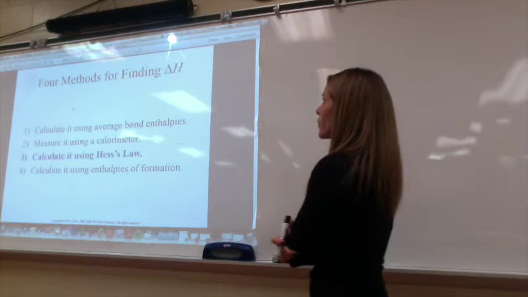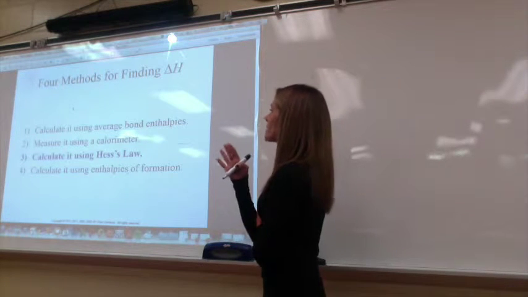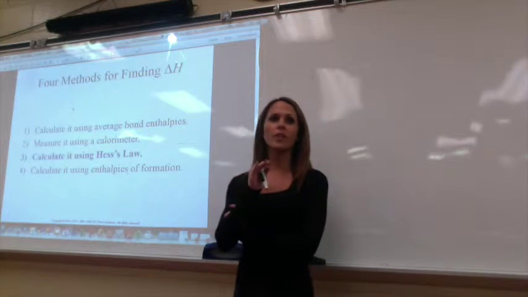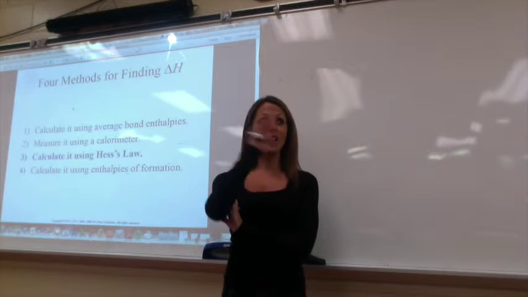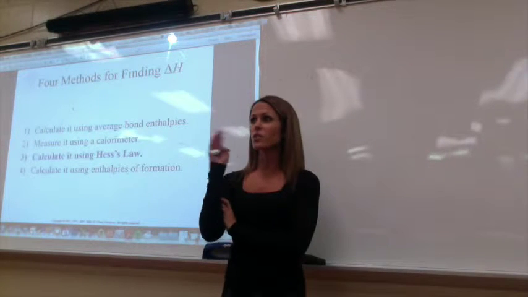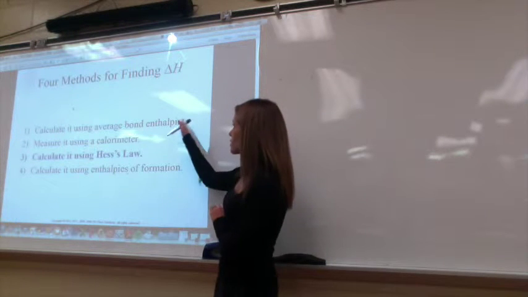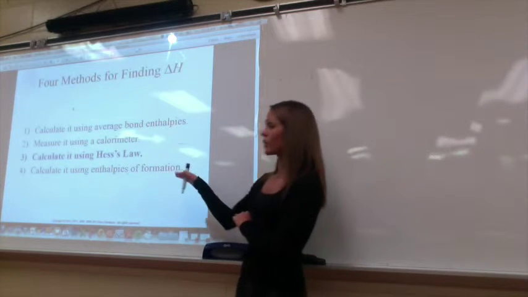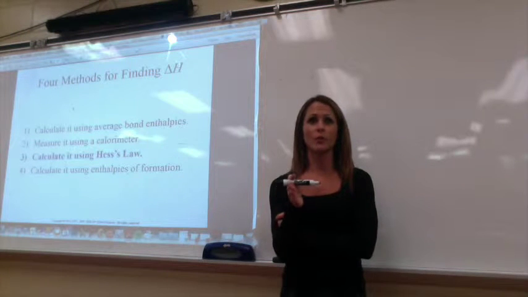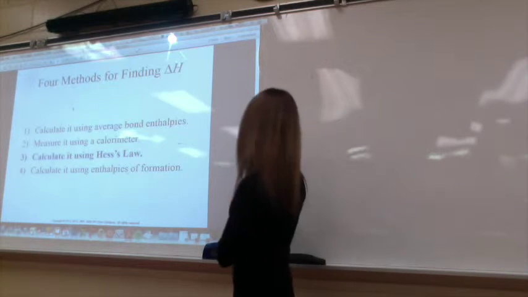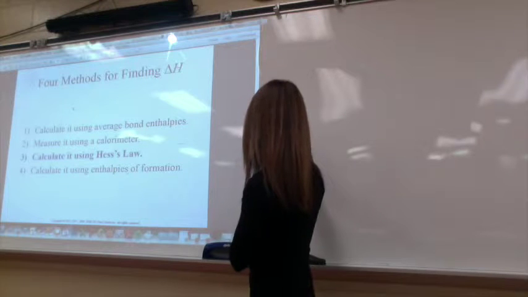All right, so there are 4 techniques to finding delta H, and when you get these questions on the AP exam, all of them will just say, find delta H using the following data table or information below. And you have to just go through the data table and figure out what information is being supplied for you. So one of the data tables you already did is the one that is bond enthalpies,